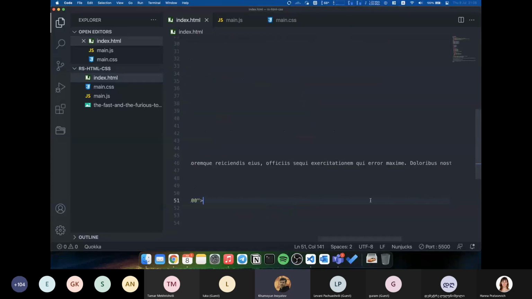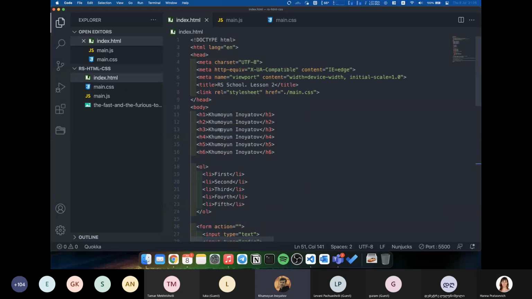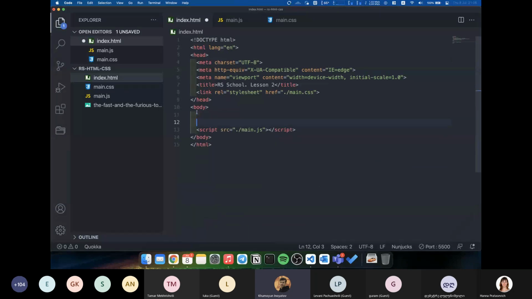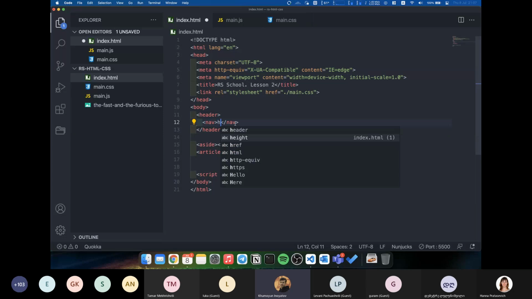For example, there are special texts for HTML5 layout. We can use header, we can use aside, and we can use the article. And in header, we can also write the nav text. But all of the content that are